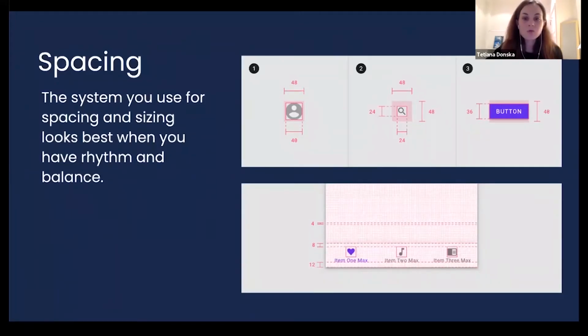So the system you use for spacing and sizing looks best when it has rhyme and balance. This means using numbers based on patterns and proportions. So using a consistent spacing scale also promotes maintainability through ratios by making layouts more predictable and more likely to fit and align well. So there is a 4-based scale, which is growing in popularity because this is a recommended